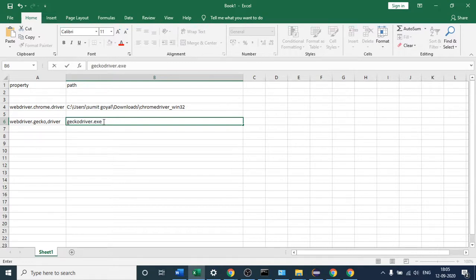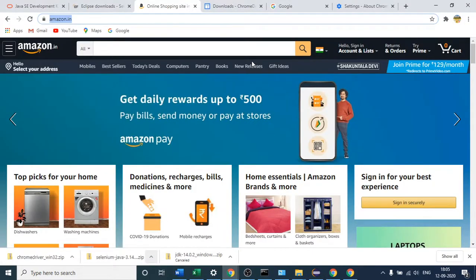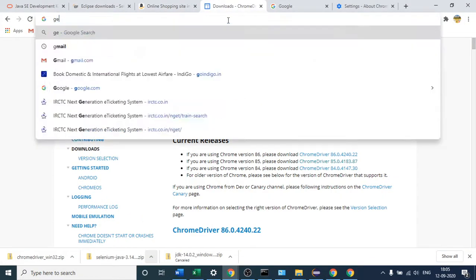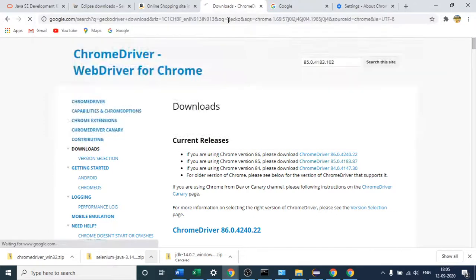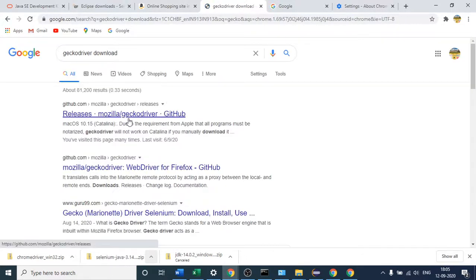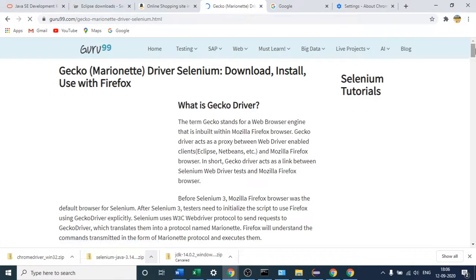So you have to first download this file. How will you download it? Again the same, just go here and search for gecko driver download. I think you will get it from this one, and they have given the link here. Let us wait for the site to load.